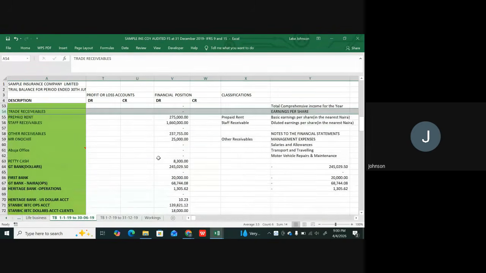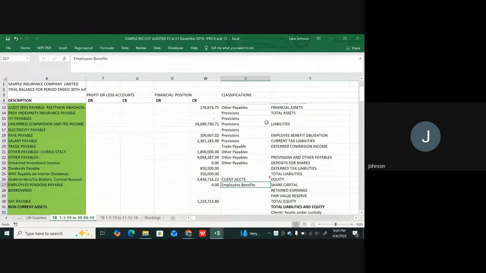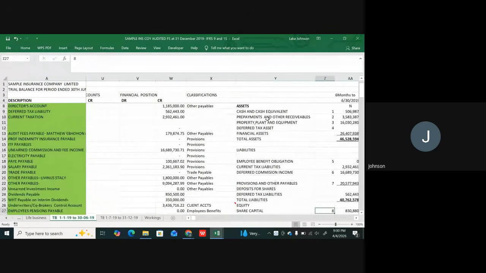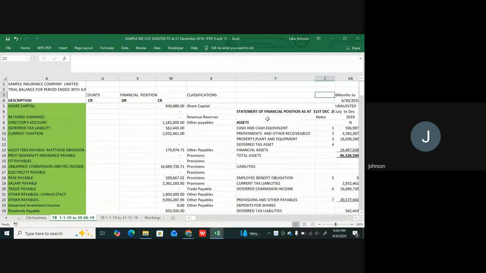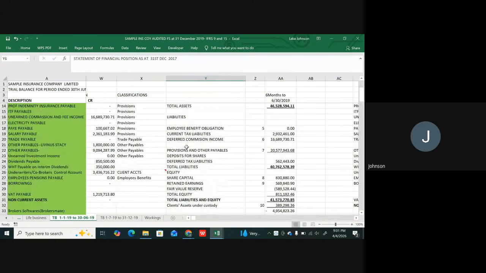So let's now go and see what they did with this information. So let's come to the right-hand side. Let me go to the top, to the right-hand side. You now see that to the right-hand side here, they are now creating. When I say unaudited, it's not audited yet. This is for 6 months because we are doing biannual. The first one is the first 6 months. So basically we know the way our statement of financial position usually is. Your assets will be up, your liabilities